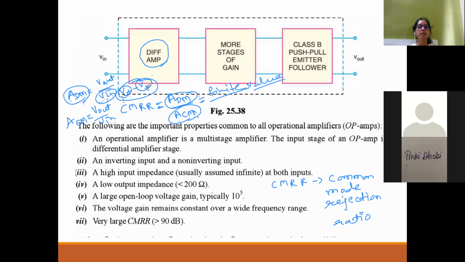Because V plus and V minus both are equal. These are equal means their difference is 0, right? V plus minus V minus is 0. So if V in is 0, then V out upon 0 will be, yes, infinite. Anything divided by 0 will be infinite. So our common mode gain will be infinite,